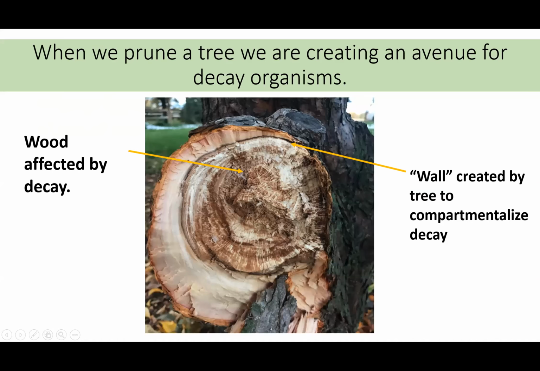So decay is a real thing. We need to worry about it. It oftentimes takes years and years and years to actually lead to the tree being damaged, to a branch breaking. So it's hard for us to remember that a bad pruning cut we made 10 years ago might be the reason that decay got into a branch and it broke in a snowstorm today. So it's hard to wrap your mind around, but it's a long-term issue and it's an important issue.